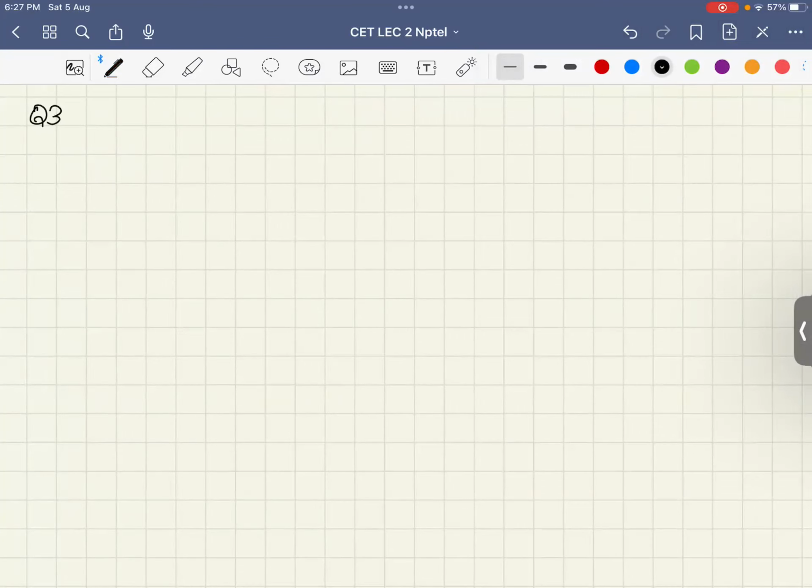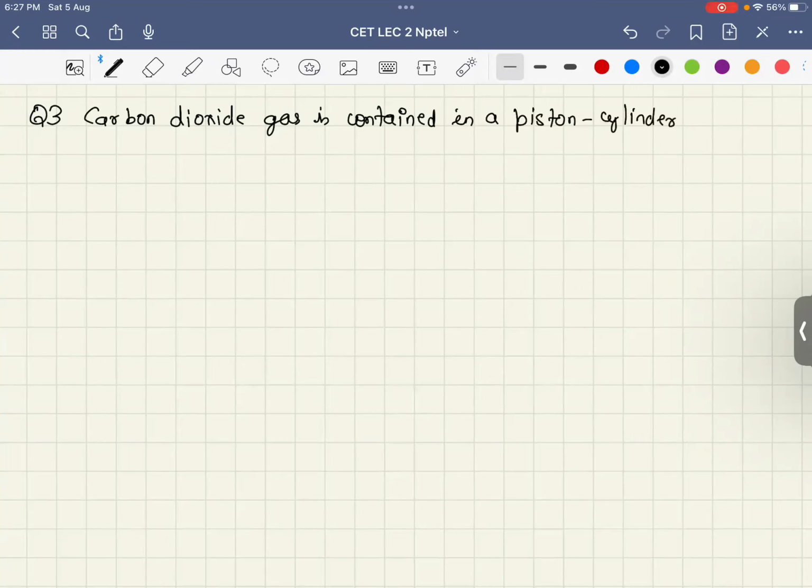Carbon dioxide gas is contained in a piston cylinder device, and this gas is compressed from 0.3 meter cube to 0.1 meter cube,